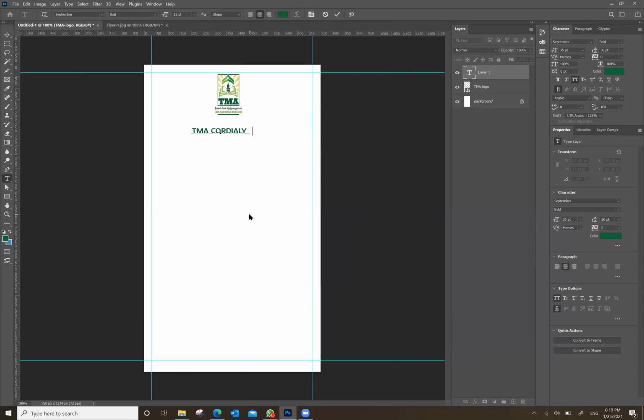So now TMA cordially invites you to a public event on. You can use full capitals or sentence case. So I typed one text area here, which is a general tagline on the top. Now I can keep typing, for example, if I want to mention the date and the topic or something like that.